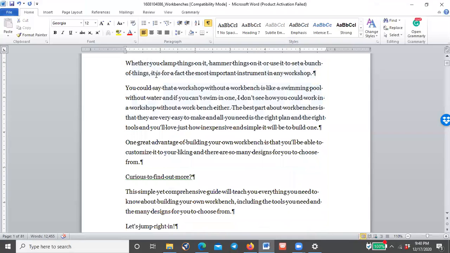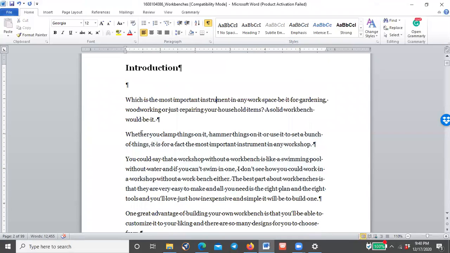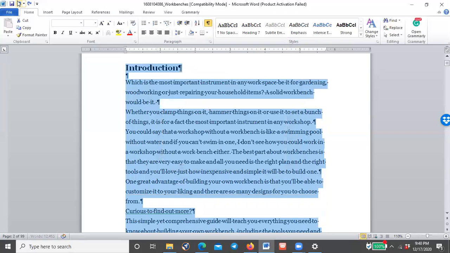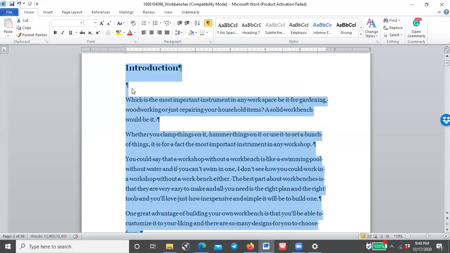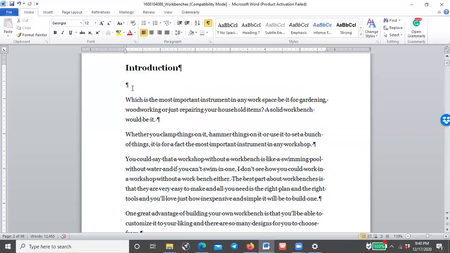So you can see this one seemed cramped up. Let me just undo it. As you can see, this was cramped up. So when you set the space, everything seems nicely spaced. So if there is more space, like for example in this instance, there is unnecessary space before that paragraph, just